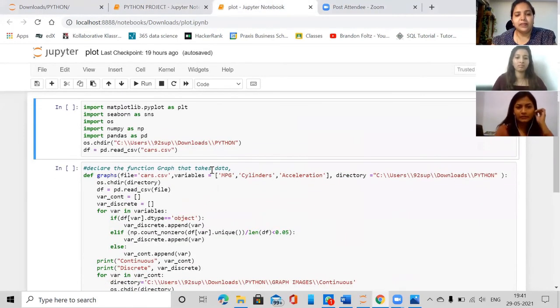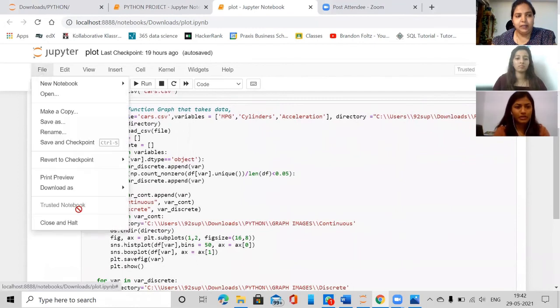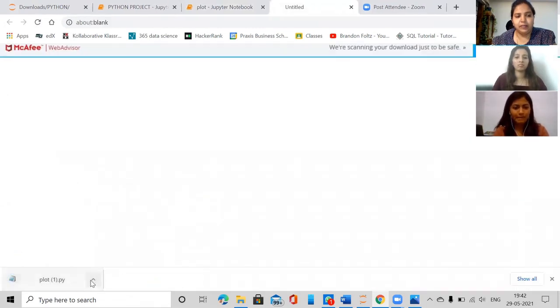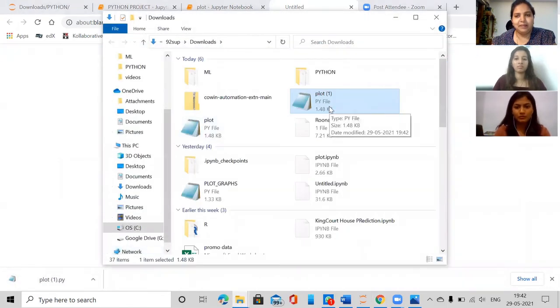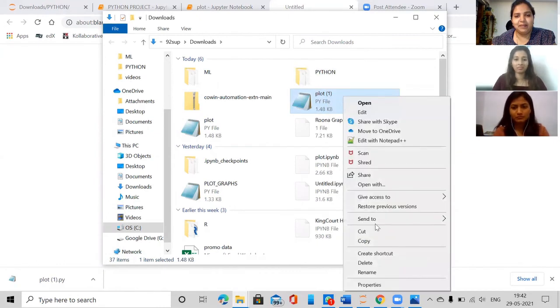So I've copied the graph function, which was our main part, along with the libraries. And you want me to download it as .py, right? So let me do it. It's showing over here. Okay. Shall I rename it, because I have another?